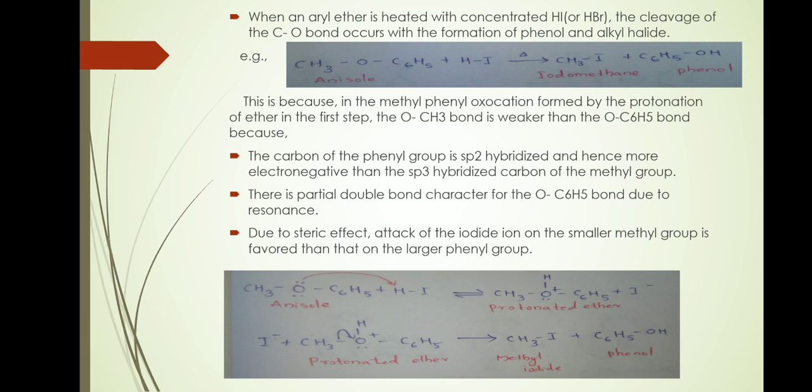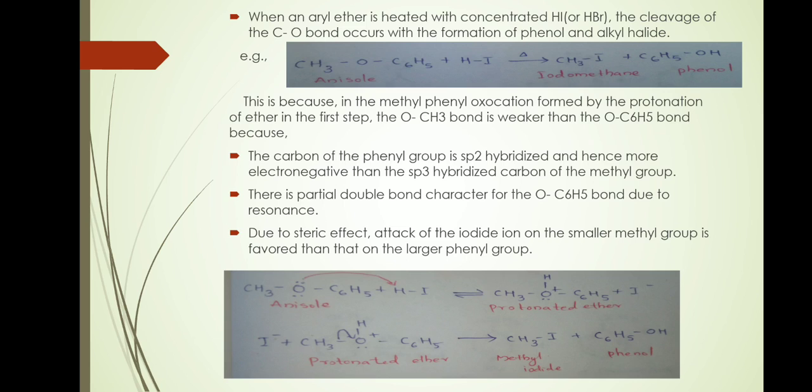And when an aryl ether is heated with concentrated HI or HBr, cleavage of the C-O bond occurs with the formation of phenol and alkyl halide. For example, when anisole is heated with concentrated HI, cleavage of the carbon-oxygen bond occurs with the formation of phenol and iodomethane. This is because in the methylphenyloxonium ion formed by the protonation of ether in the first